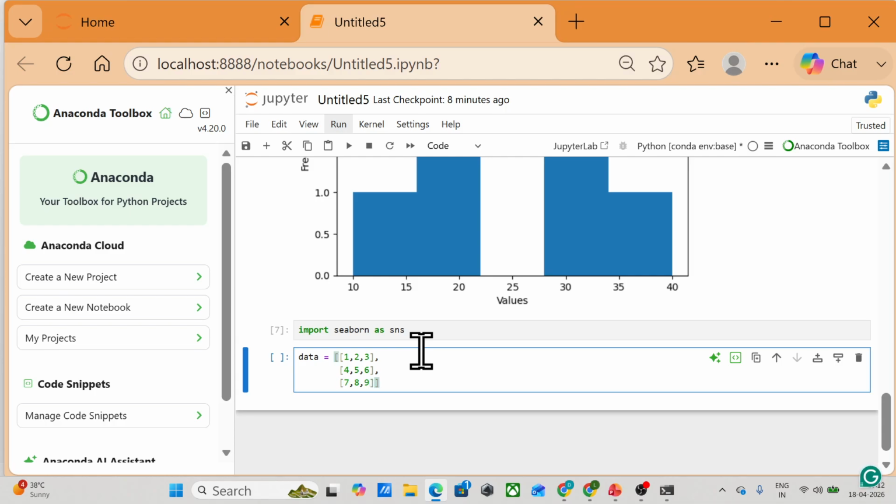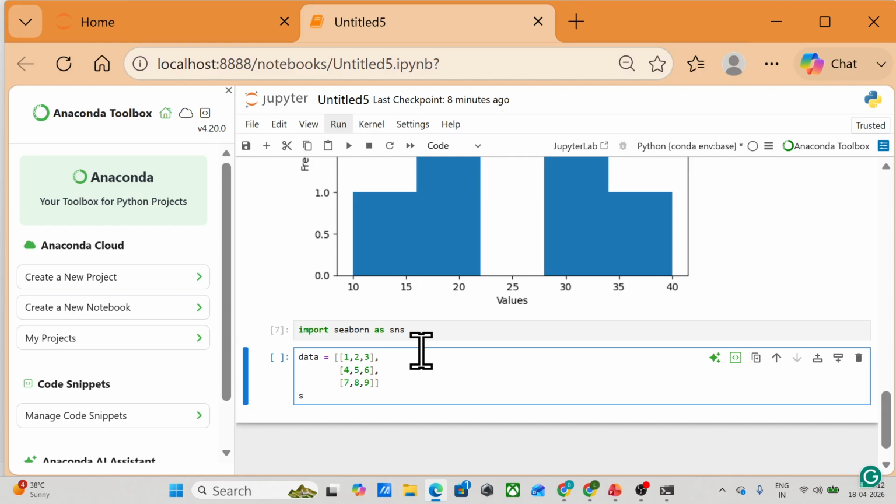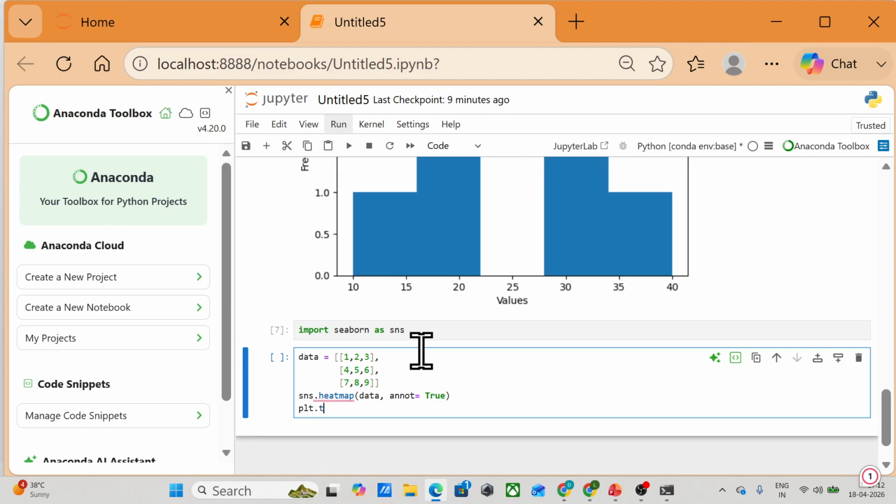So what we need now is sns.heatmap. We need the data, and we are going to set the title, which will be heat map.